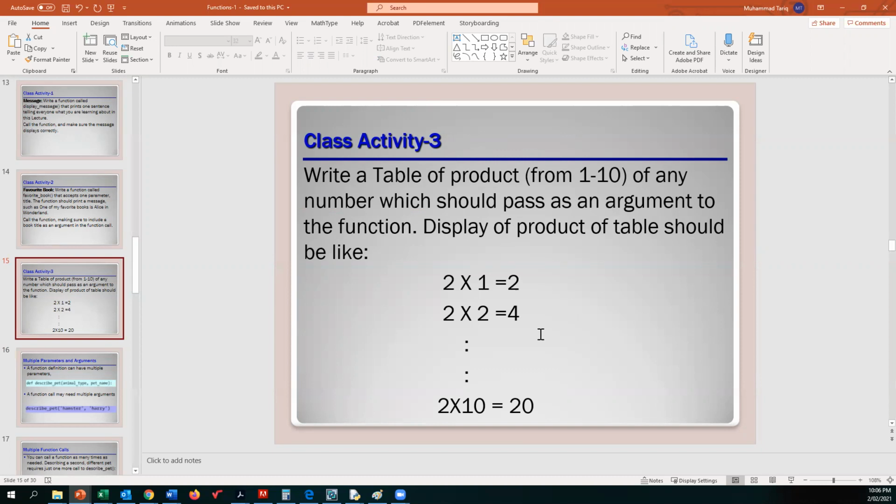And I just tell you that because this is the product of any table from 1 to 10, so it means that you need to call this function how many times? Yes, 10 times. So you have to call this function 10 times so that it can print for you. This is one option. 10 times you need to call,